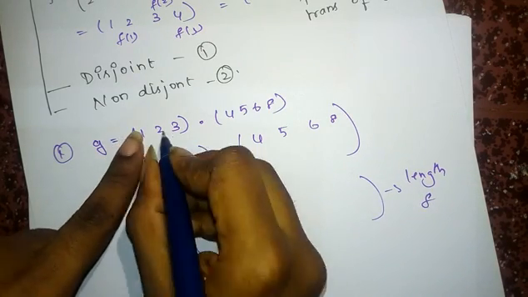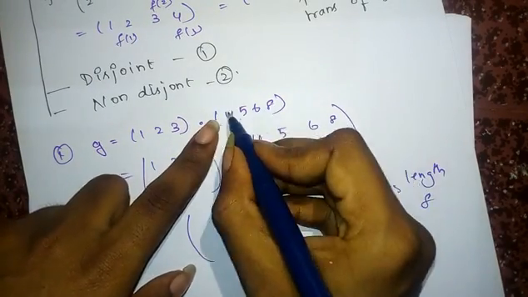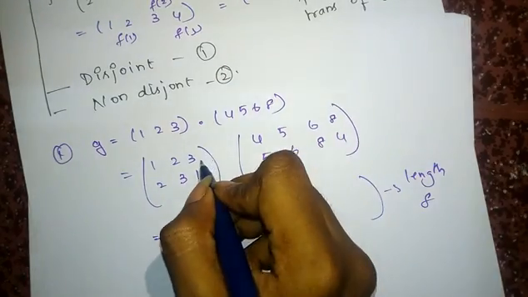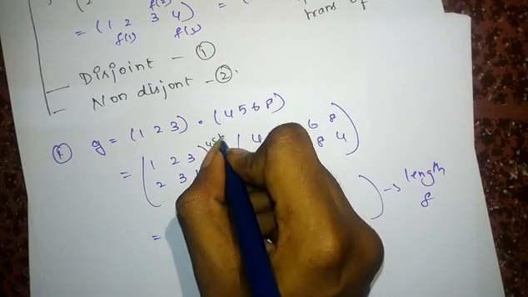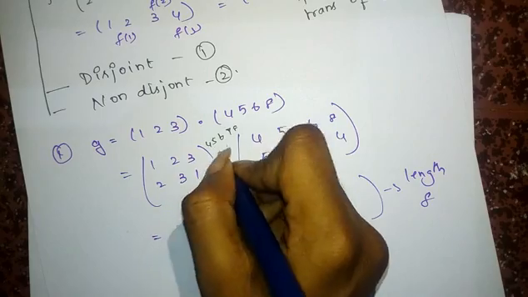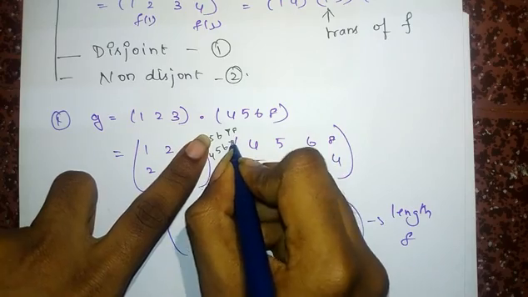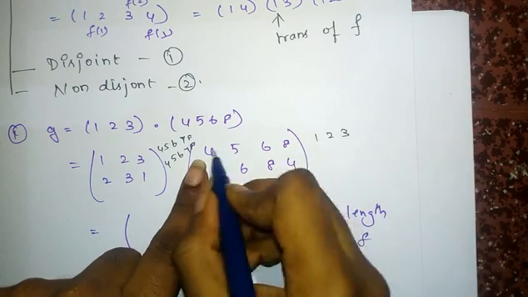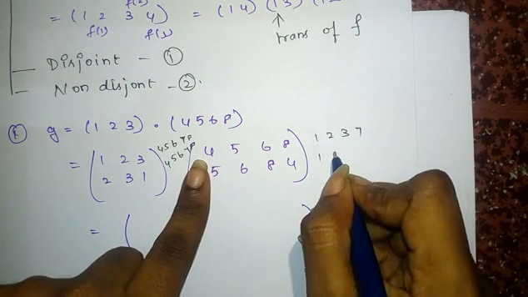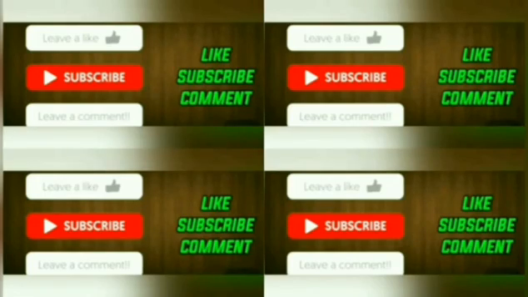Okay, 1 is mapped to 2, 2 is mapped to 3, 3 is mapped to 1, 4 to 5, 5 to 6, 6 to 8 and 8 is once again mapped to 4. And the remaining ones, 4, 5, 6, 7, 8, everything comes under identity mapping. That is, 4 is mapped to 4 itself, 5 to 5, 6 to 6, 7 to 7, 8 to 8. Here the remaining is 1, 2, 3, 4, 5, 6, 7: 1 is mapped to 1 itself, 2 to 2, 3 to 3, 7 to 7 itself. If you have any doubt in other topics, please leave it in the comment box so that I can make it clear in my next video.